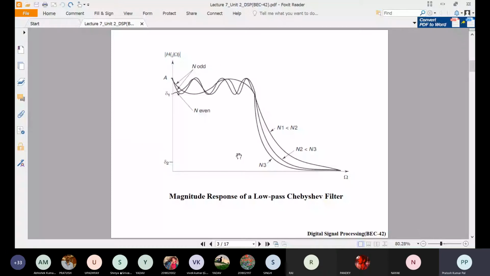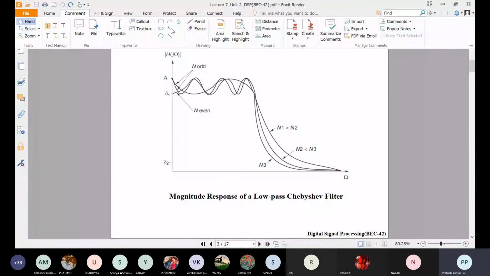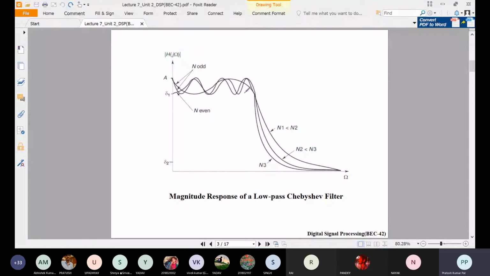So the Chebyshev polynomial here is of type 1. Basically we will be dealing with the type 1 system. In this type 1 Chebyshev approximation method, we will have a response like this: the passband will have some ripple, and the stopband will not have any ripple. Okay, the opposite is true in the type 2 Chebyshev approximation method. So we will only be dealing with type 1 Chebyshev filter design.